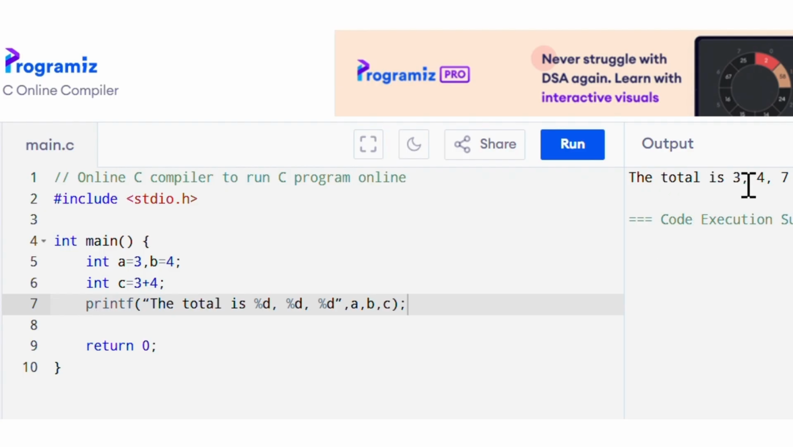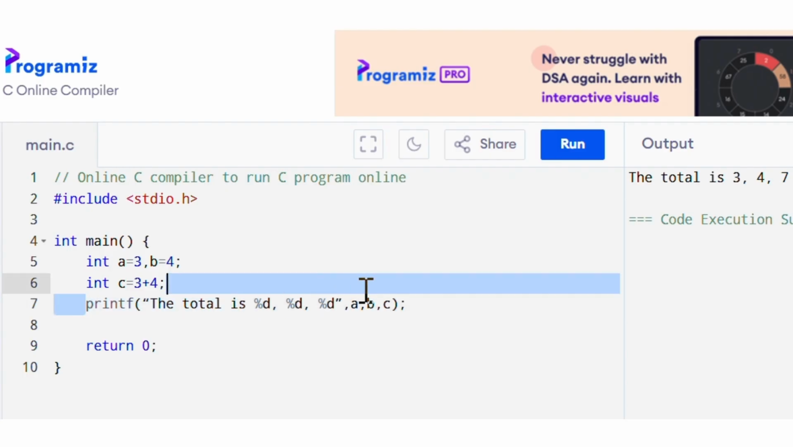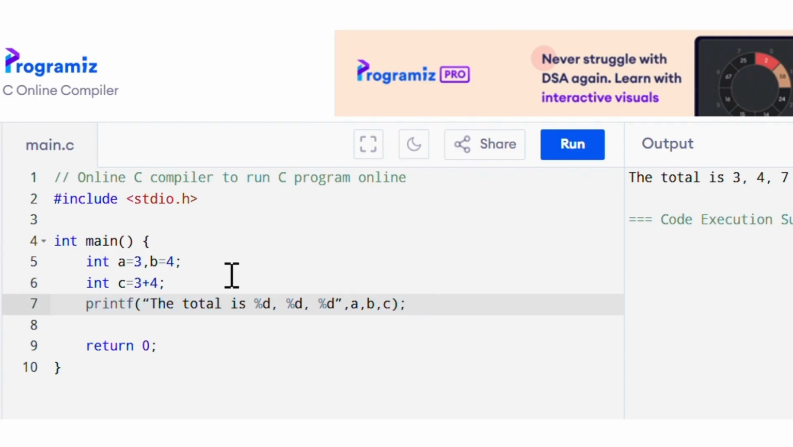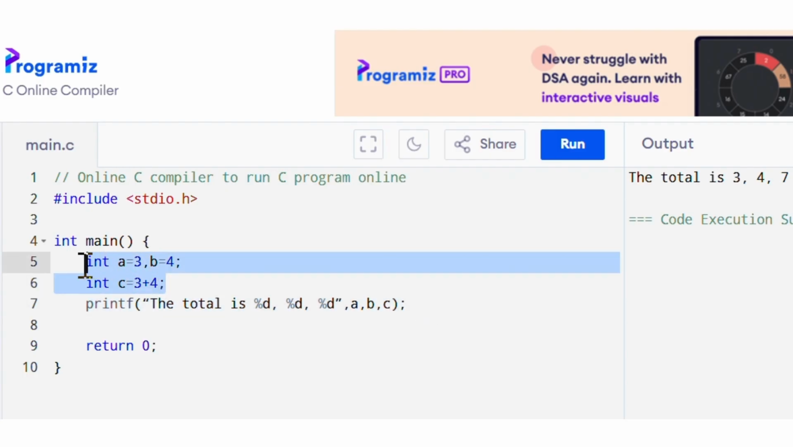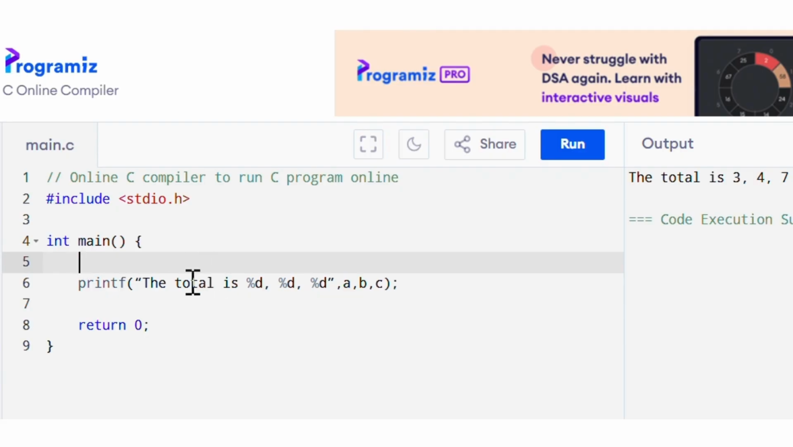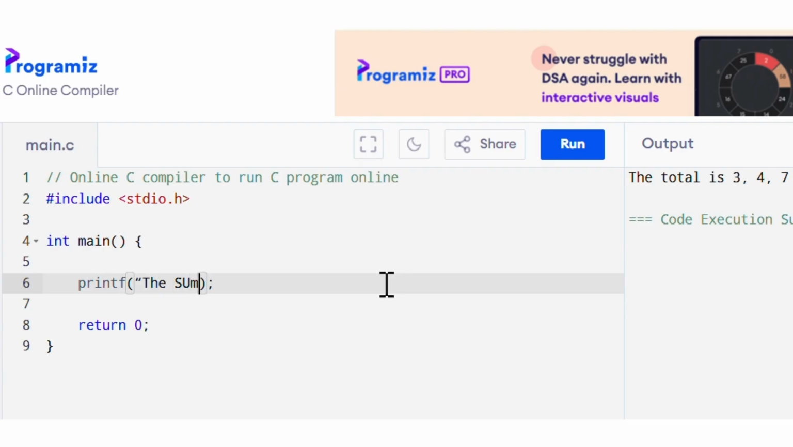See, the total is 3, 4 and 7. Now, without even specifying a, b and c, also in the printf statement directly we can print this addition of two numbers. How will we do it? We will delete all these things and in printf we will write the sum